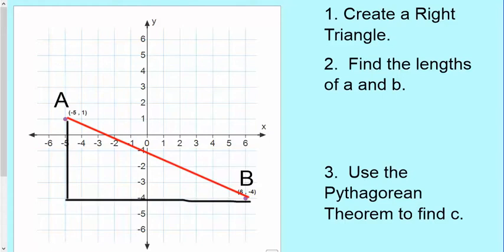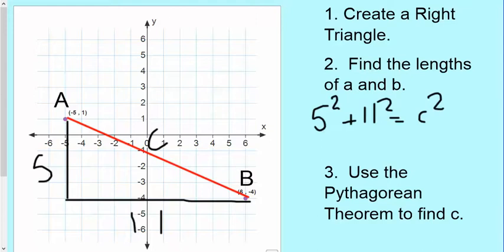Almost a perfect straight line. But the distance between our two x values would be 11, and between our two y values would be 5. Again, in all these problems you're trying to find c, the hypotenuse. So it'd be 5 squared plus 11 squared equals c squared, or 25 plus